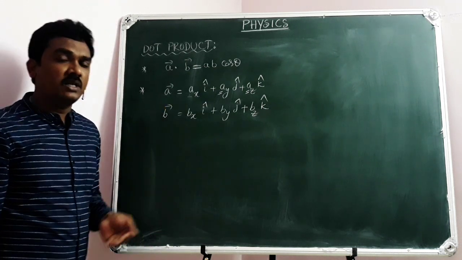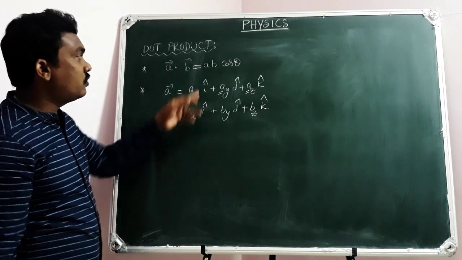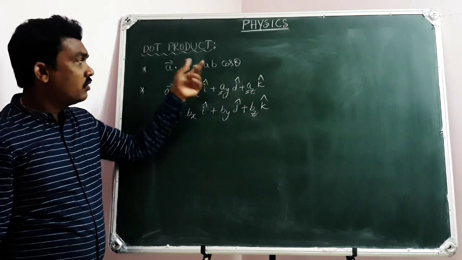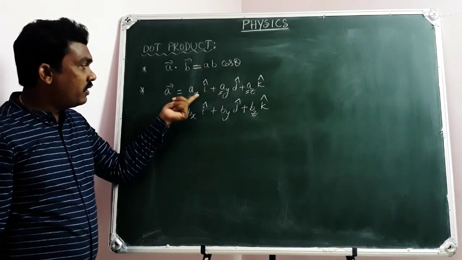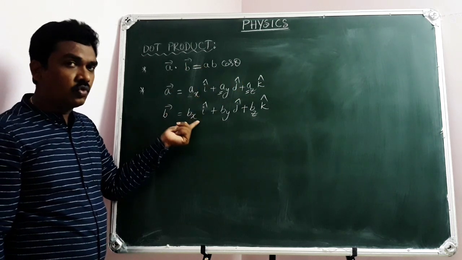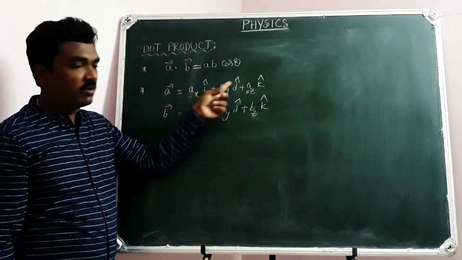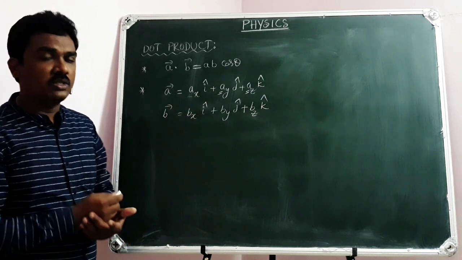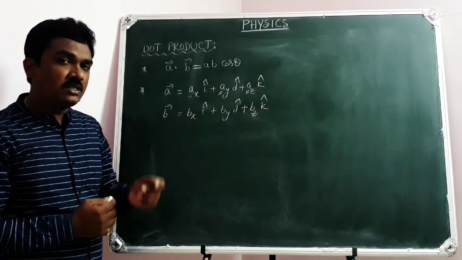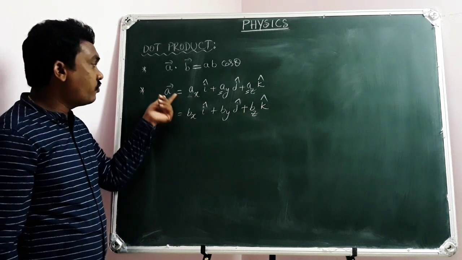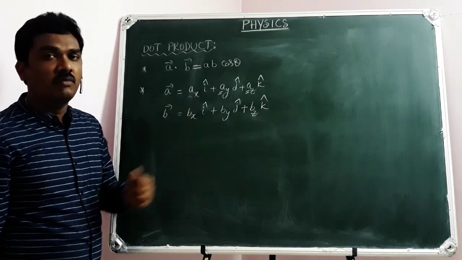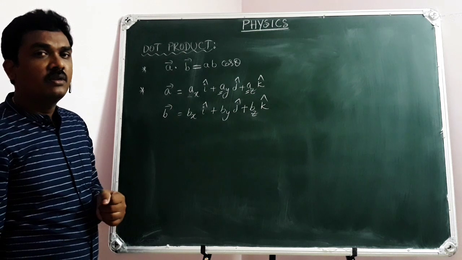Then how can the dot product be calculated? Usually when their magnitudes and the angle between them are known to us, we apply this formula. But even though we can calculate their magnitudes, root of x square plus y square plus z square, the angle between them is not known to us. So that is the reason why there is a specific concept to find their dot product when they are given in their vector component form.